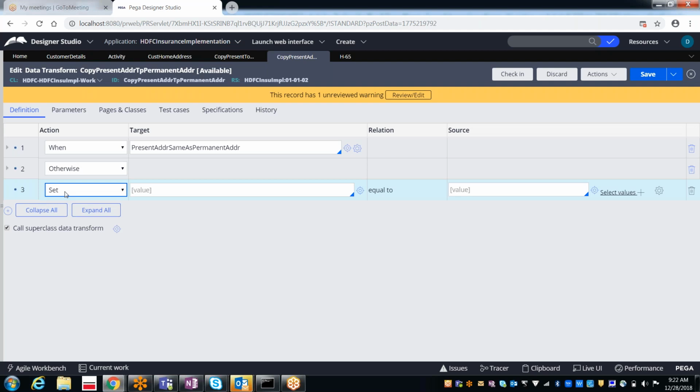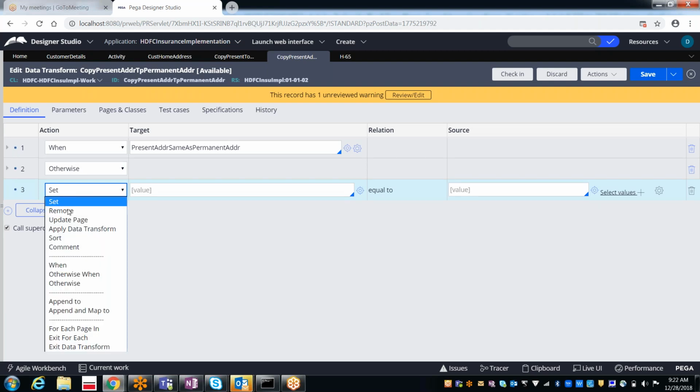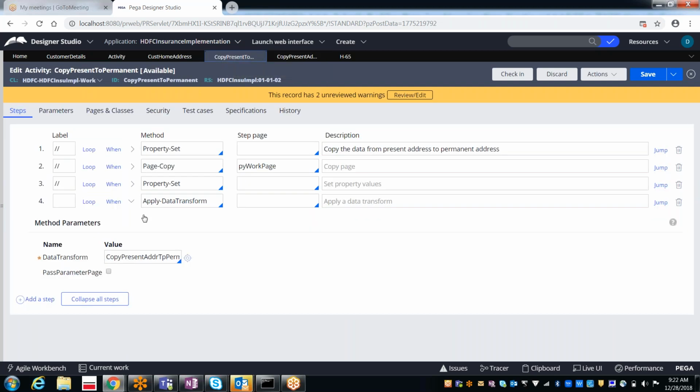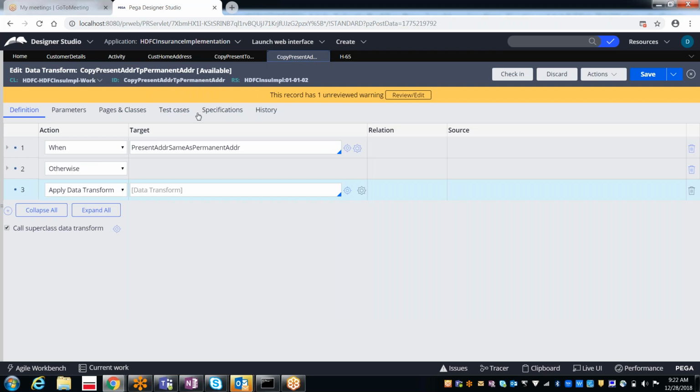So here we use the set method, when, otherwise, and update page, right? In the same way, we have apply data transform. So as we have the apply data transform method in the activity, we also have apply data transform here.